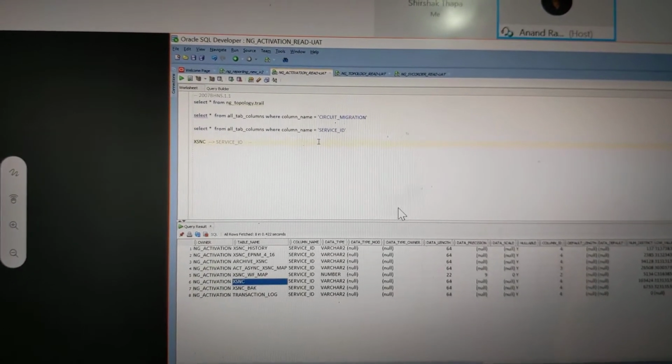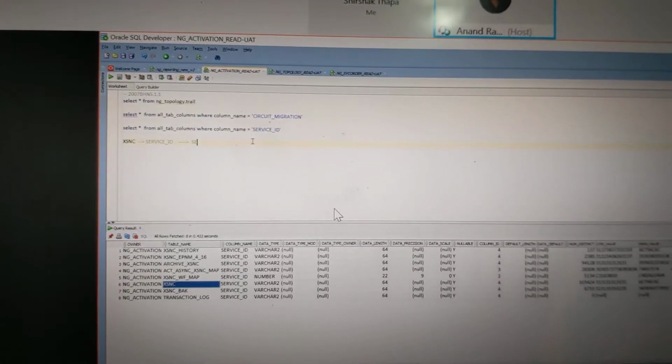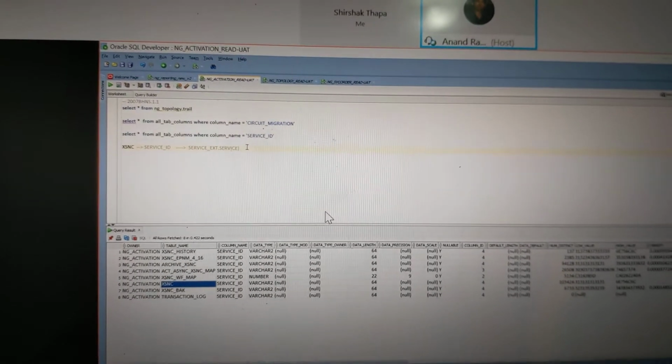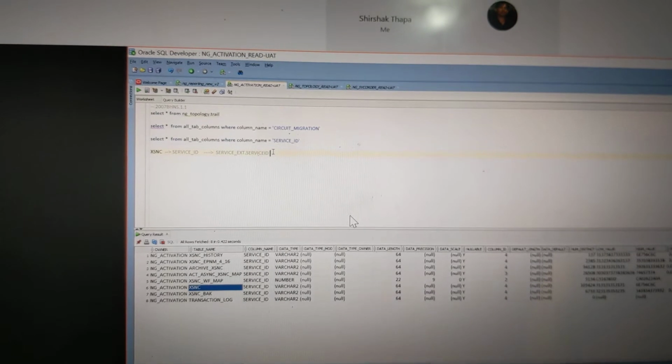And there is a service extension dot service ID, and there is a circuit migration column.